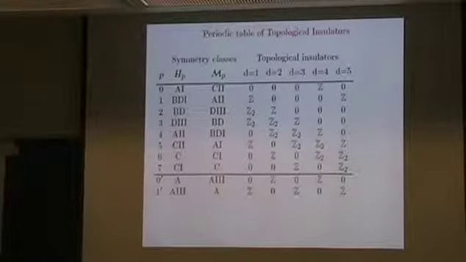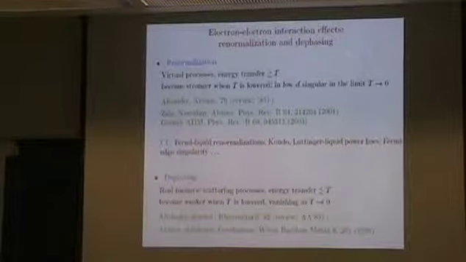Let's see what I can tell you, but at least I will give you some flavor of what can be done with interaction. So what are, in general, the effects of electron-electron interaction on these disordered systems? Before going again to criticality, we will first briefly discuss the effects of electron-electron interaction just on the metallic regime, on the level of corrections, and then we will see what it means for critical